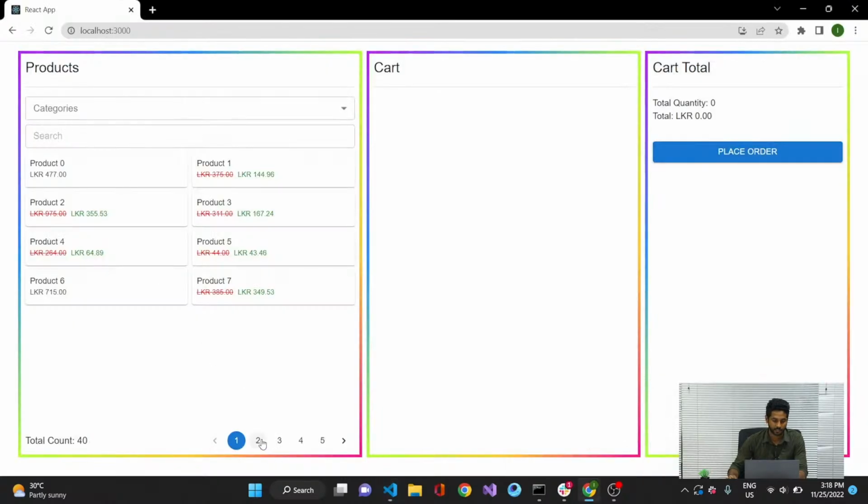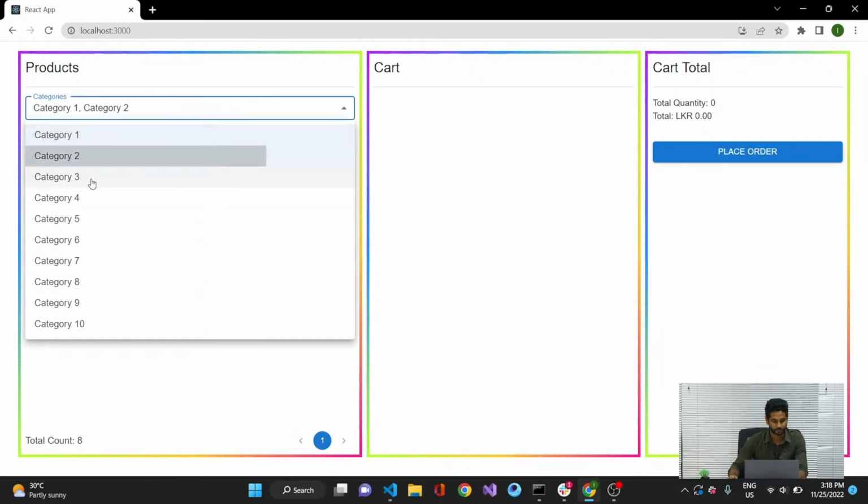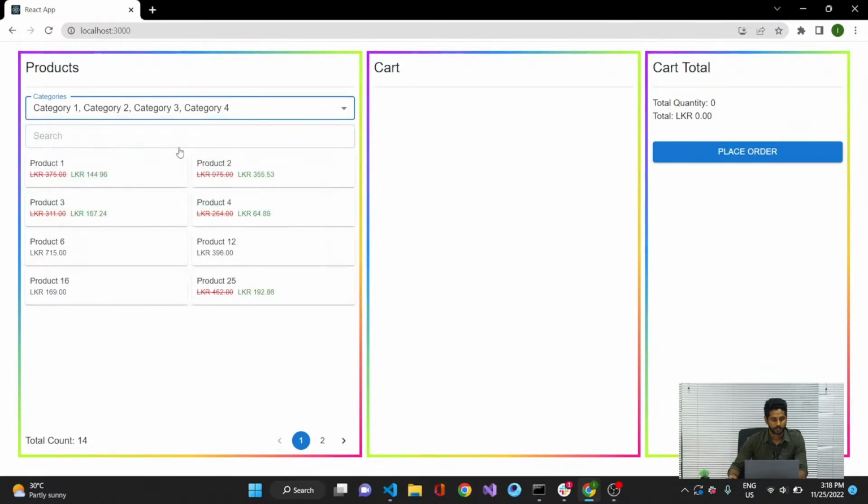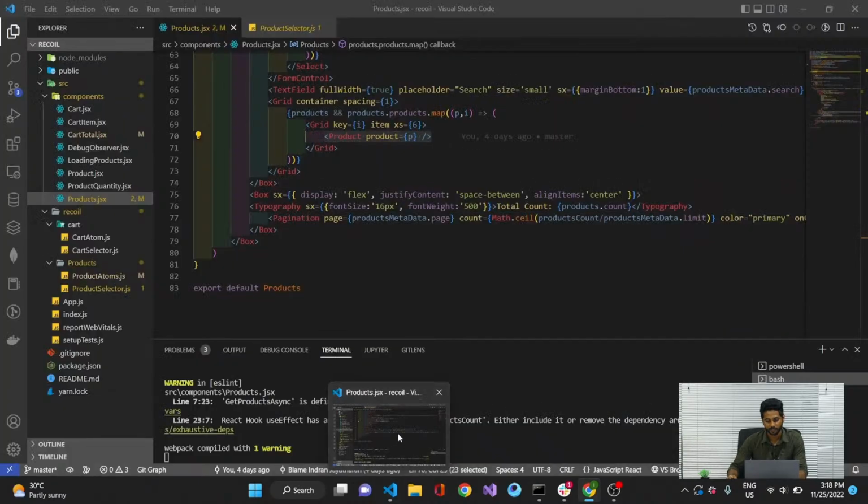You can see that when I'm changing the pagination or doing the filtering, it does the filtering and also changes the total counts. This is how I managed it on the client side. For the server side, what I have done is